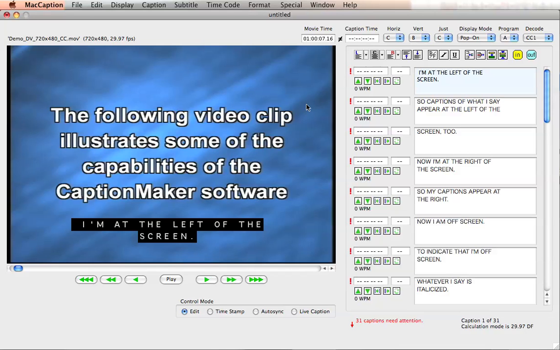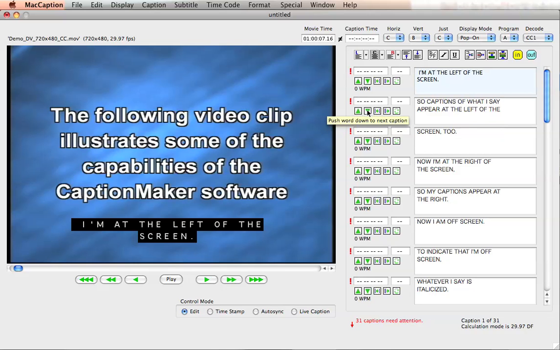I'm going to show you some of the basic features for formatting text in MacCaption. The first things I want you to focus on are the push and pull buttons. These are the triangle up and down arrows over here next to each caption block. The way they work is, if you press the down arrow, these directly affect the last word of your caption